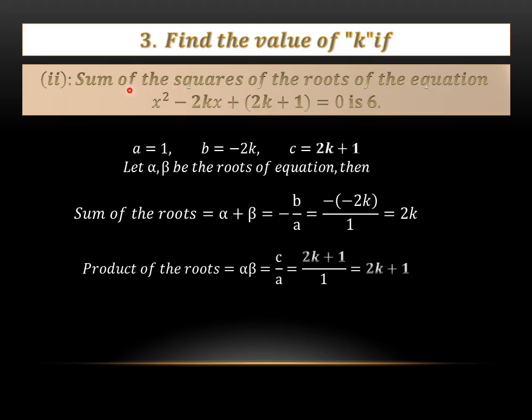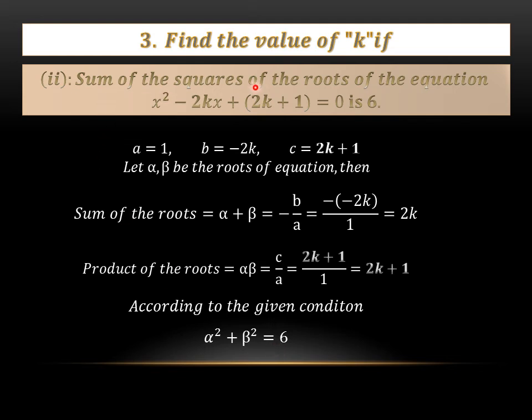Now ignoring the equation, as we have finished finding the sum and the product, look at the rest of the statement and change it into mathematical form. Sum of the squares of the roots of the equation. So we have to go backward. First of all, the roots of the equation are alpha beta, then squared, they will become alpha square and beta square. Then we have to put the sign of sum between them, so it will become alpha square plus beta square. Ignoring the equation, the next word, which always indicates equal, is equal to 6. So the equation will become alpha square plus beta square is equal to 6.